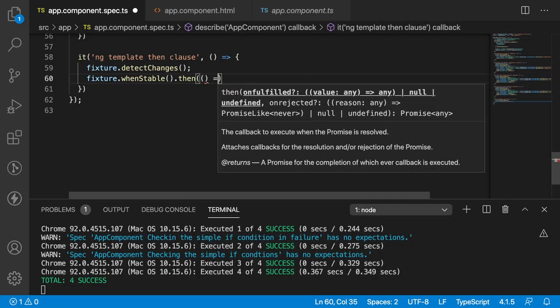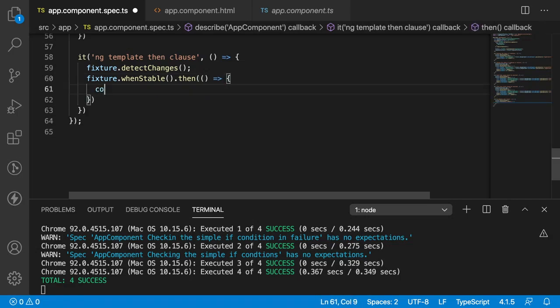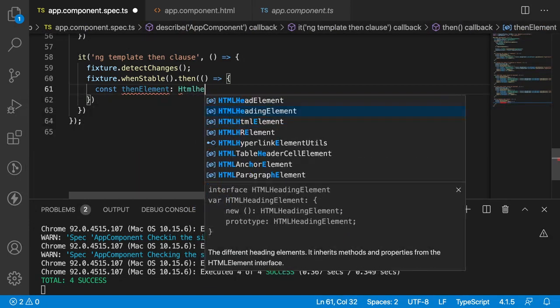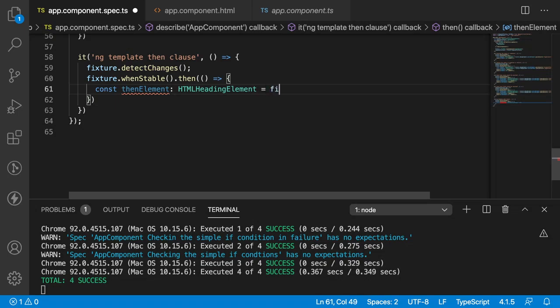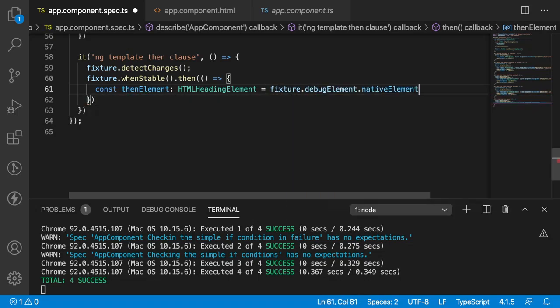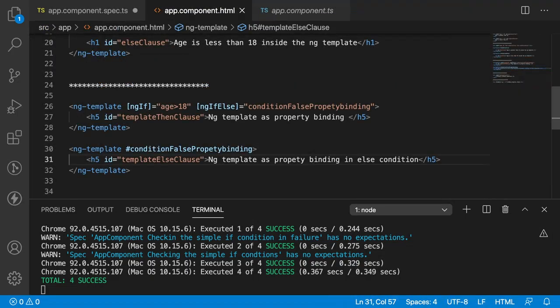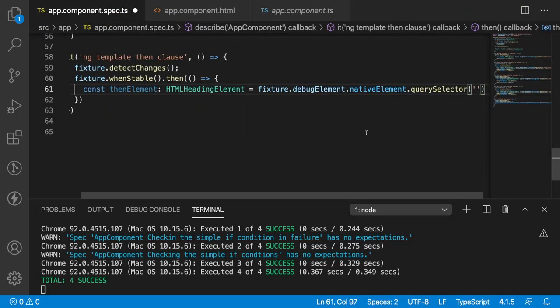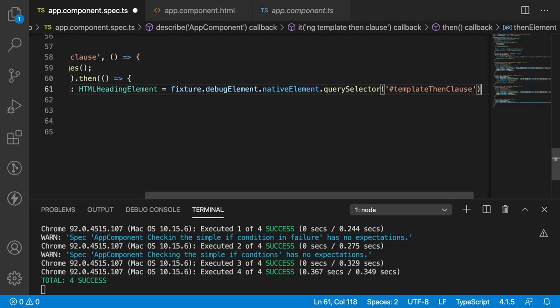Let me use an empty callback because I don't want to capture anything, and I want to use two elements, that is thenElement, which is equal to HTMLHeadingElement, and equal to fixture.debugElement.nativeElement.querySelector of what is my selector, that h5 selector, that is equivalent to this template then clause element. So let me paste with hash and my element is ready.